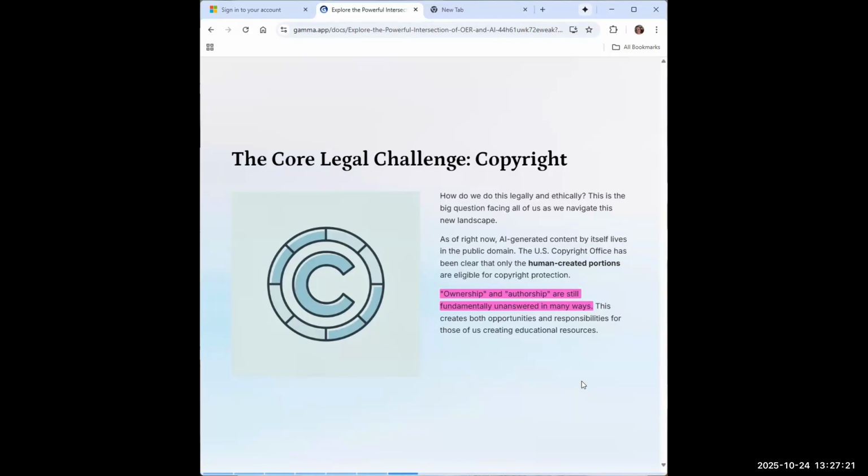As of right now, AI-generated content by itself lives in the public domain. There's a couple of cases that have said, anything that is generated by AI lives in the public domain, meaning no attribution is necessary. Now we're going to look at some of the specifics of that in just a second. The US Copyright Office has been clear, though, that only human-created portions are eligible for copyright protection. So this is where we need to be clear when we're working with AI to create stuff: what part is AI created, what part is human created, and then make sure that we're clearly attributing those sections accurately and